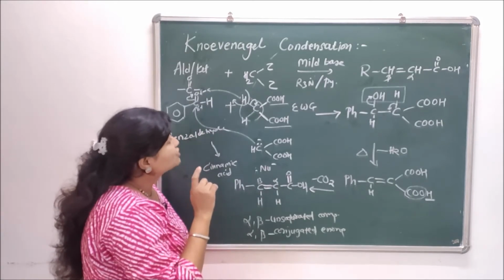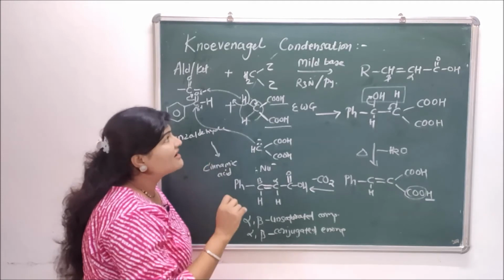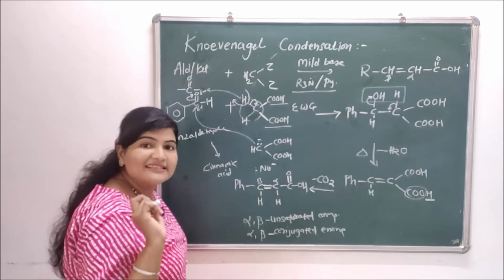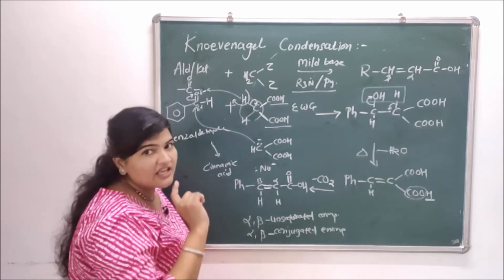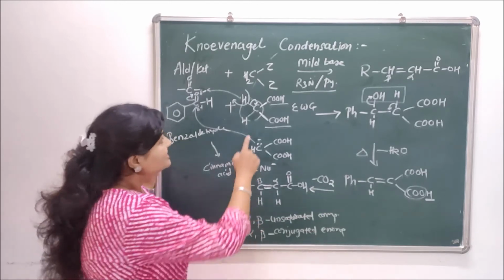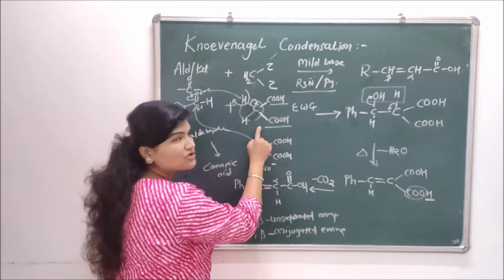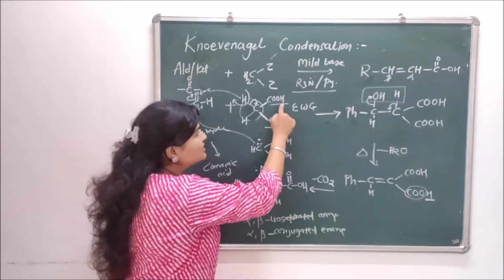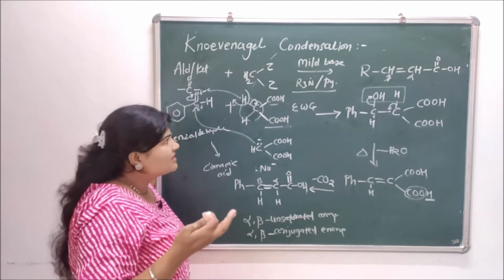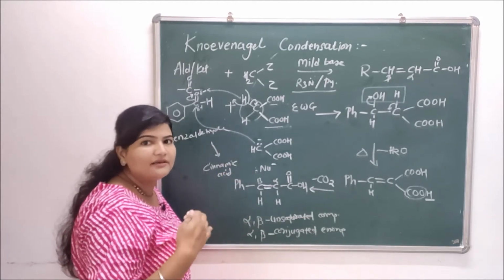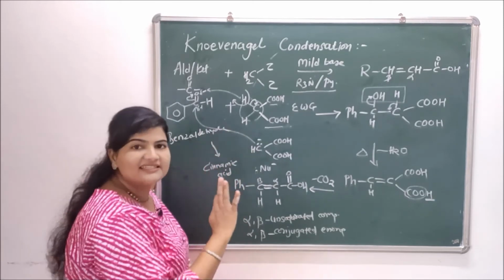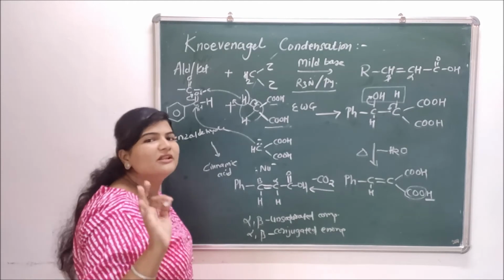Second thing which you need to understand is you have to play with only the category of mild bases, because as I told you, if you go for a strong base, you will shift to aldol condensation instead of Knoevenagel condensation. The compound which I have used here is called malonic acid, but you can also replace this hydrogen from malonic acid and form its ester like diethyl malonate or dimethyl malonate. Any ester you can use. Okay, but I have taken example of malonic acid because it is simpler to understand.